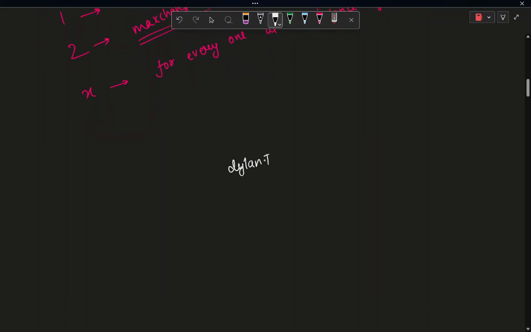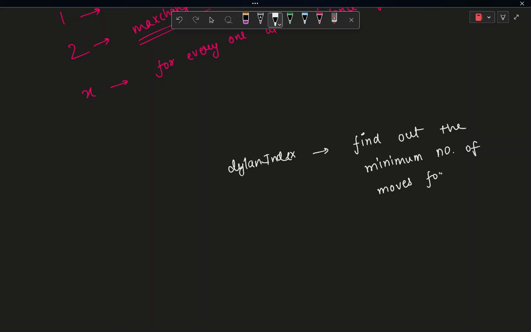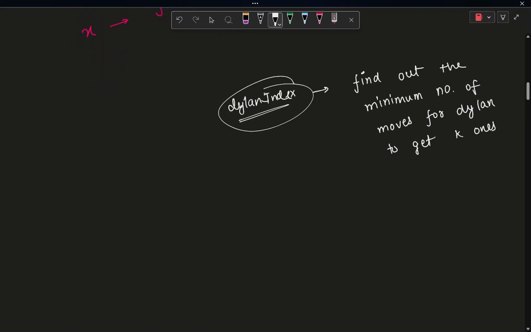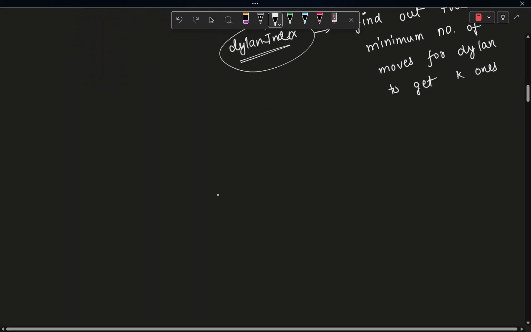if you fix the Dylan index, you can definitely find out the minimum number of moves for Dylan to get K ones. If you know the Dylan index, since we don't really know the most optimal Dylan index, like